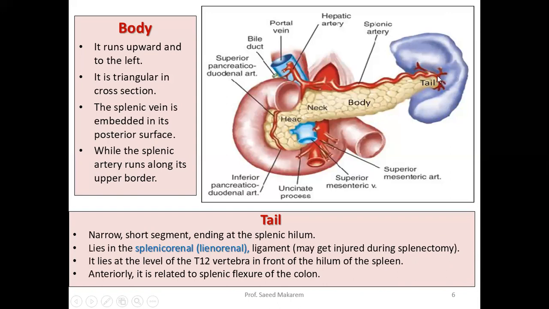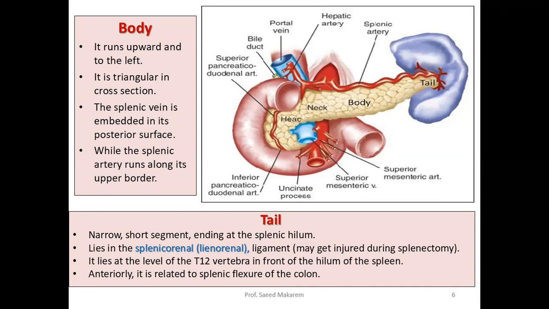And as you know, the tail of the pancreas is very important because all the islets of Langerhans are present, especially in the tail of the pancreas. Very few are in other parts, mainly they are present in the tail of the pancreas. And if you cut the tail, then it leads to the beta cells which are producing the insulin